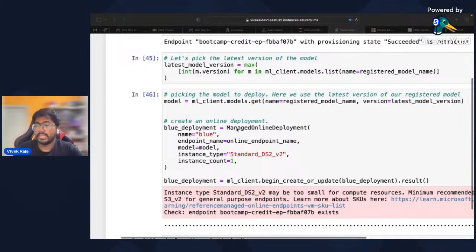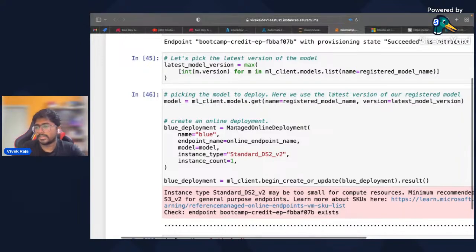A scoring script is where you need to load the model and then write the necessary functionality to communicate with the model to get the result and send it back as a response. That is the purpose of a scoring script. But have we written any scoring script here? The answer is no. In the managed online endpoint, it's not necessary for you to write a scoring script. Azure takes care of itself. Just ping your endpoint, and it should do the business.